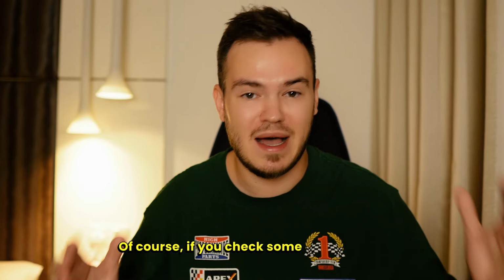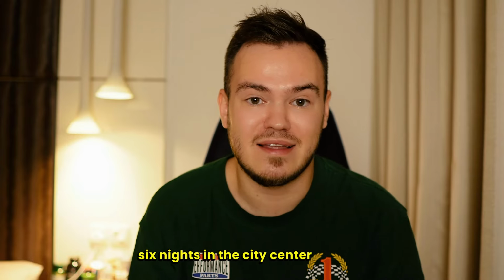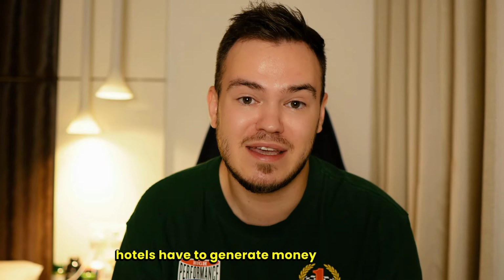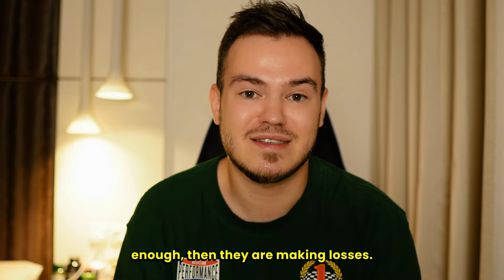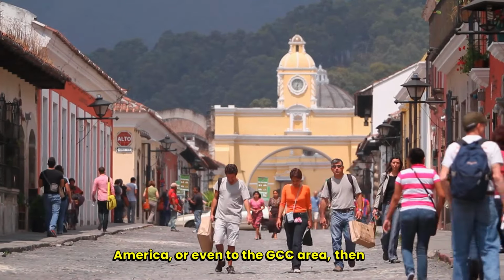Of course, if you check some other places throughout the world, Paris is super expensive, so you might even spend all these points for just 5 to 6 nights in the city center of Paris, and the same applies to other bigger cities like New York, London. It's always more expensive because obviously those hotels have to generate money, and points are actually a currency as well. And if they don't charge you enough, then they are making losses. However, if you travel to Southeast Asia, to Latin America, or even to the GCC area, then you will benefit